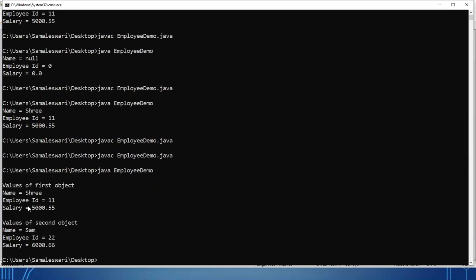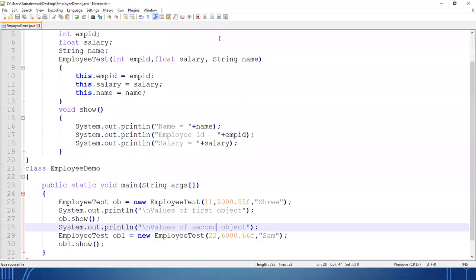Now check. This is the use of the first object. Whenever you have created ob, you are passing the arguments 3, 11, 5001, and everything will be copied to the parameters of the constructor. There, if you are using the this keyword, for whom will this work? For ob. But whenever you are creating ob1, now this will change to ob1.